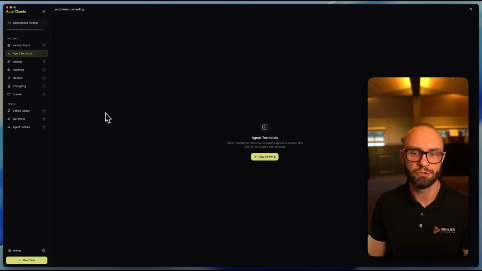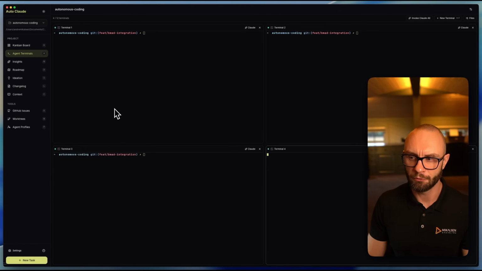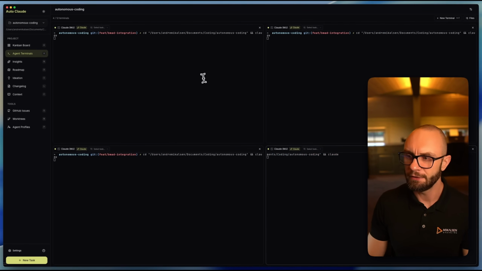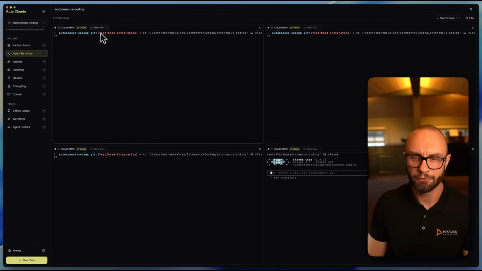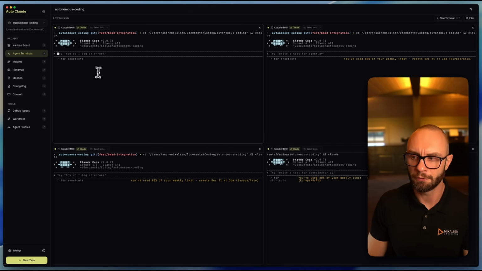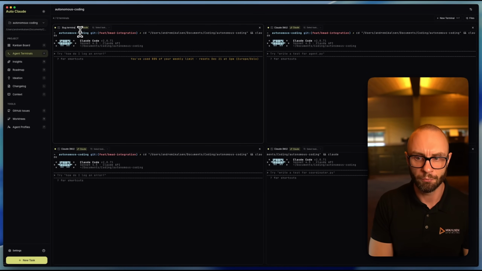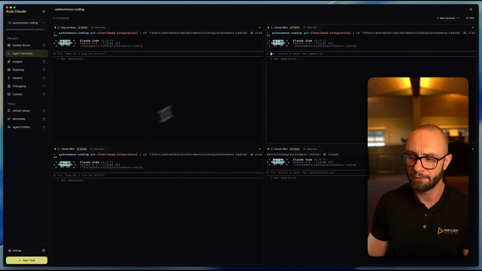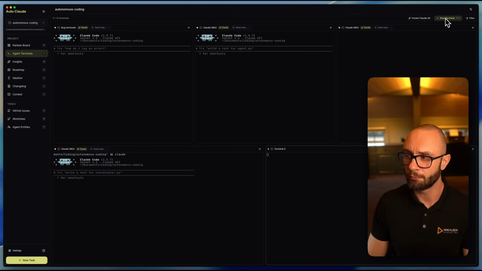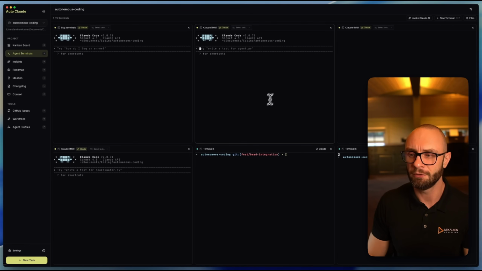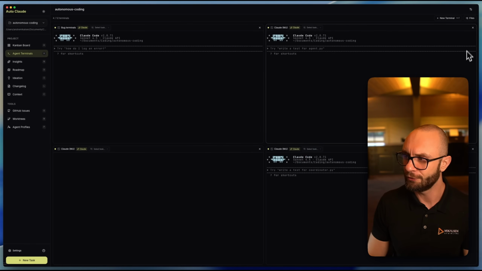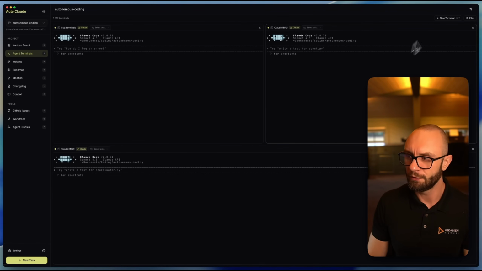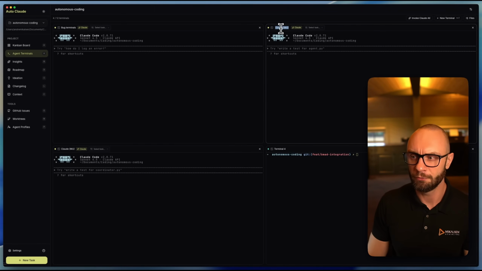So we also have this agents terminal, and this is a place where you can spawn up to 12 terminals and easily invoke Claude in all of the instances. There are also some smart functionalities we're working on, because myself, I like to have this type of terminal overview where I can rename terminals to what they are about, so I can hold my thoughts when I navigate around, especially when you start to get 6 and 9 and even 12 terminals. It depends how much multitasking you want to do. But for me, when doing tasks, I want to rename the terminals.